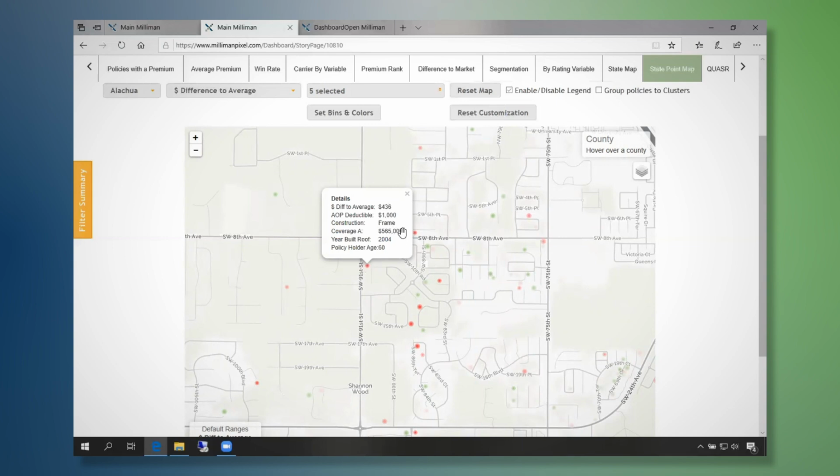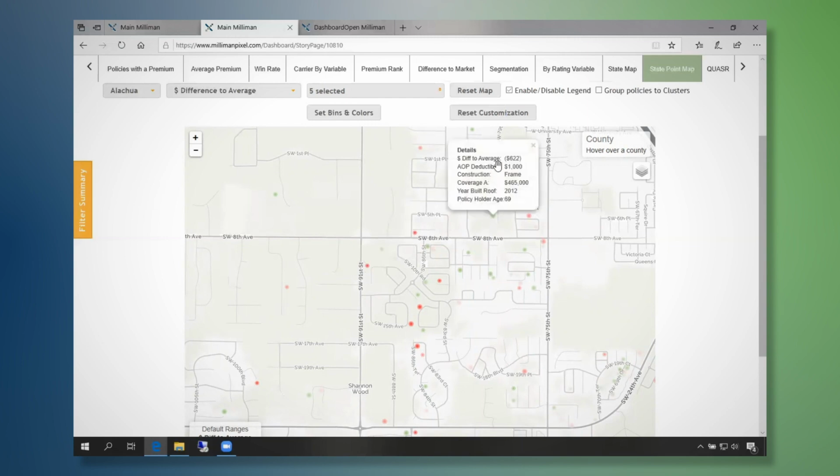It's got a quite high coverage A of 565 and a newer year built roof versus one of these other green dots is going to be a lot lower. And this shows a coverage A of 465, year built roof of 2012, and a policyholder age of 69.